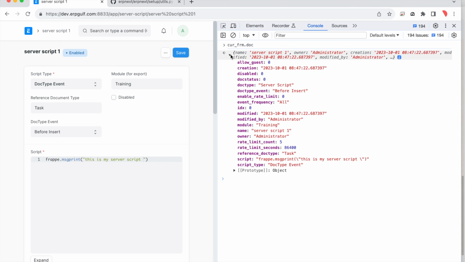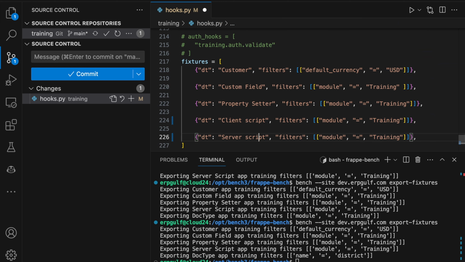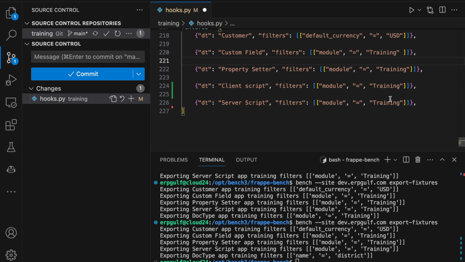So the spelling is, the script itself will be shown here. Doctype is server script. It will be like this. And filters module. Okay, this filters okay, because everything inside the module is coming, right? So I'll just run